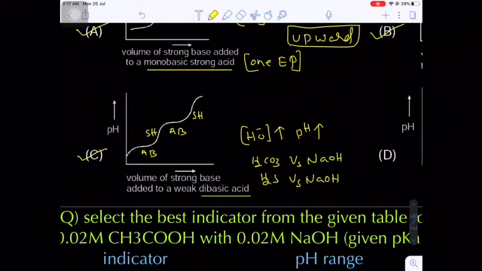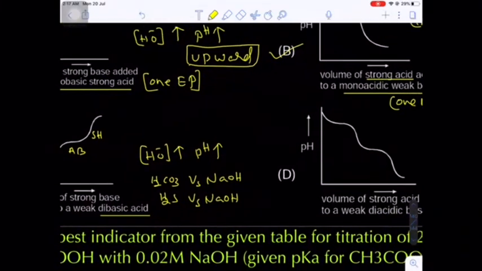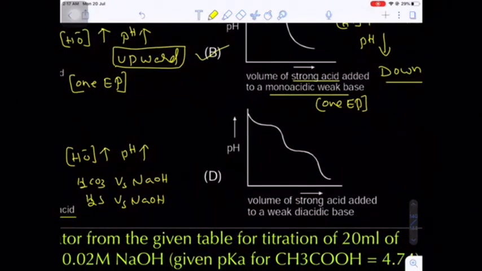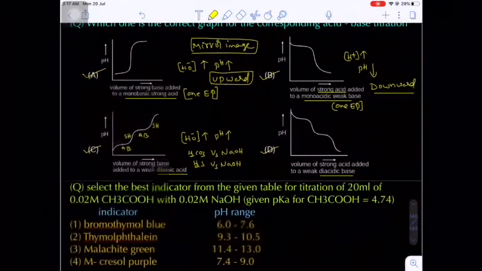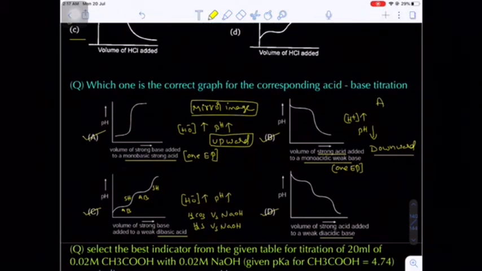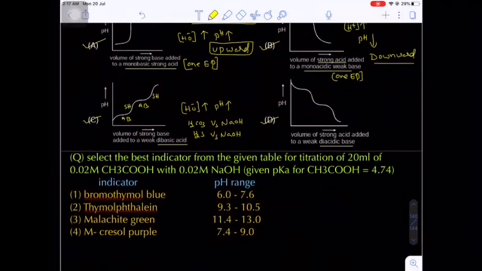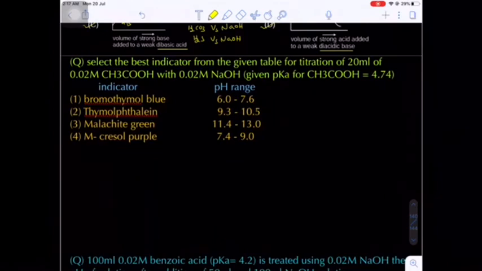The volume, that means carbonic acid is there, NaOH reaction. Okay. Hydrogen sulfide is there, reaction with NaOH. If you have any doubt, you see the last lecture where we completed the graphs. Okay. This graph is also correct. Now this graph corresponding to the diacidic base is a mirror image of C. So B is the mirror image of A and D is the mirror image of C. So here all graphs are correct. So the option will be A, B, C and D.